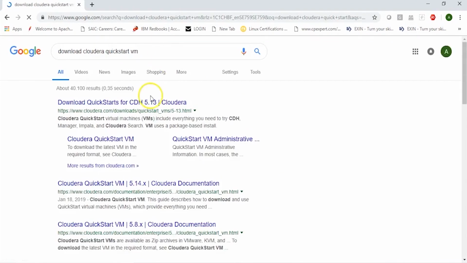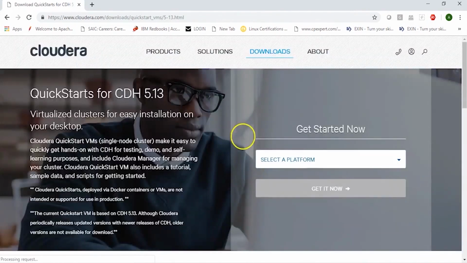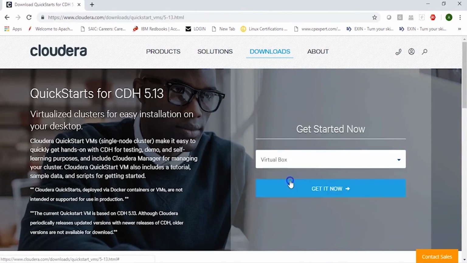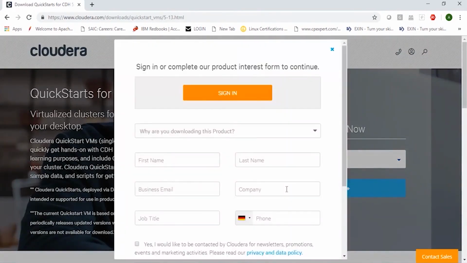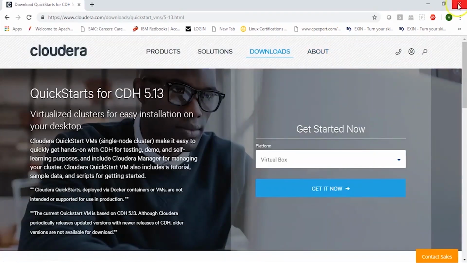Now this can be used to set up a quick start VM, which would be a single node Cloudera based cluster. So you can click on this link and then, based on the platform which you would be choosing to install, such as using a VM box or which version of Cloudera you would install. So here I can select a platform, so I can choose VirtualBox and then you can click on Get it now. So give your details and then it should allow you to download the quick start VM, which would